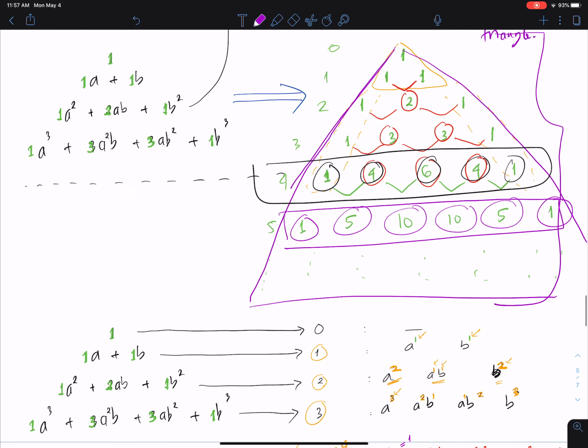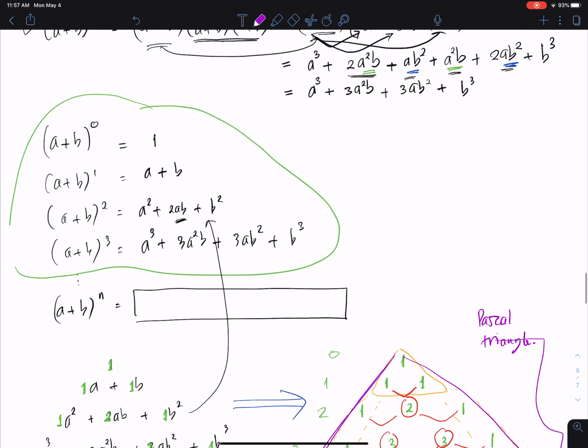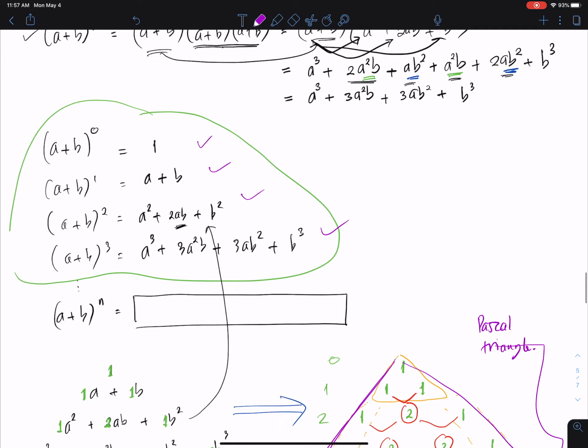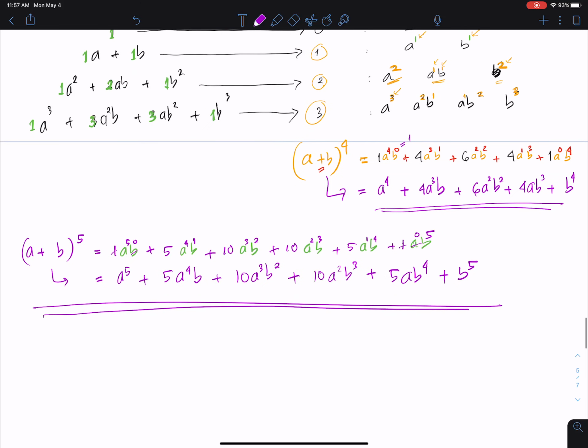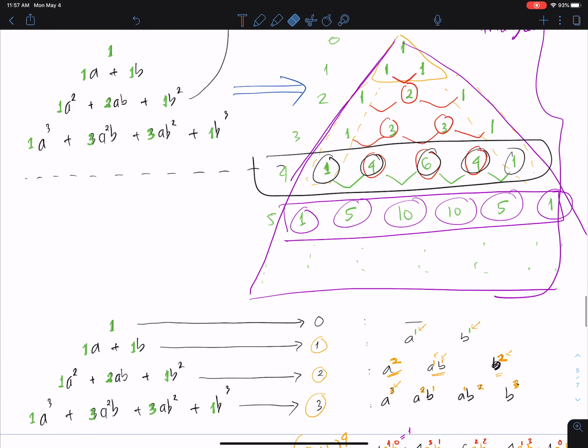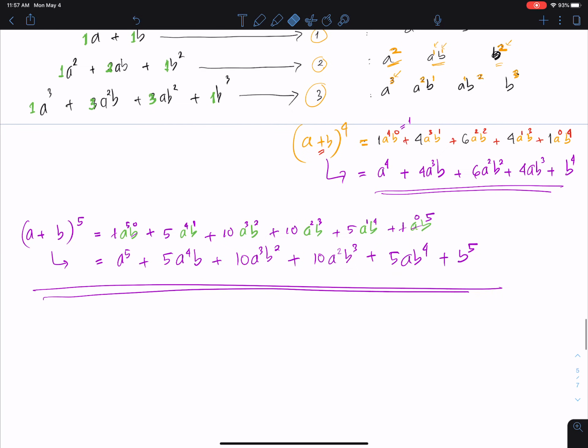Imagine if we have to multiply one by one like this. Just now we had a to the power of 3, and then if we do a to the power of 4, we have to calculate one by one. But if we understand the pattern, then we can do it easily like this with the help of the Pascal triangle earlier.